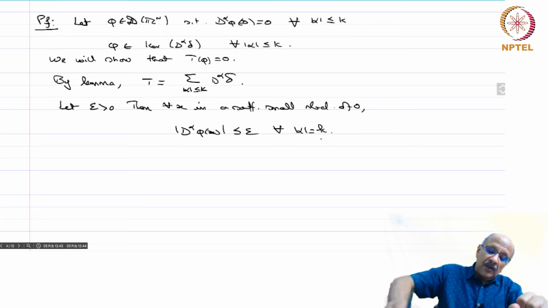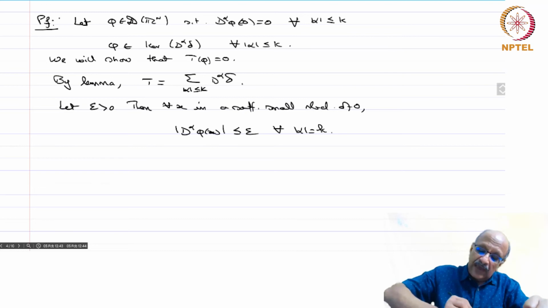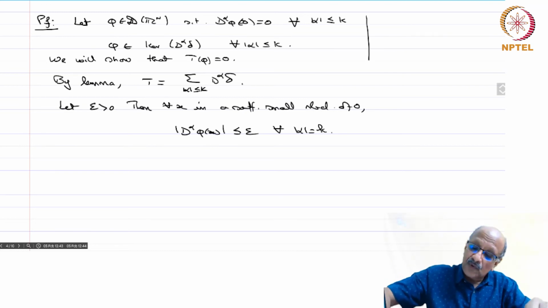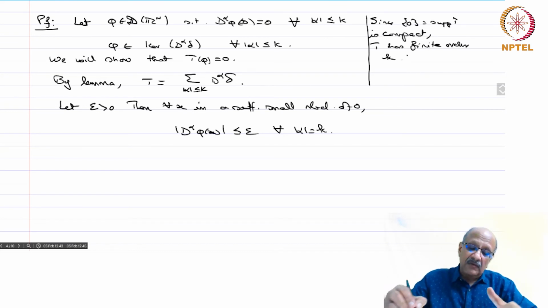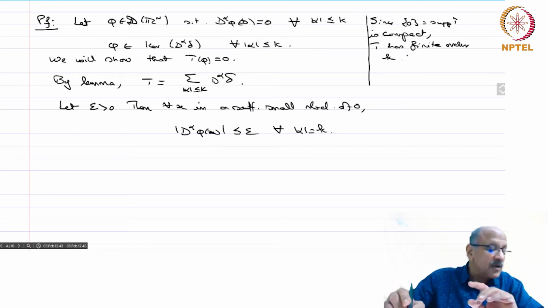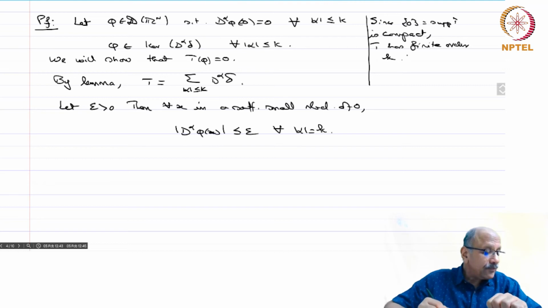Okay, so what is k? Before we start the proof, we say that since the singleton 0 equals the support of T, which is compact, T has finite order k. Then we will show the following things. So k is the order of the distribution. Okay, so by the mean value theorem,